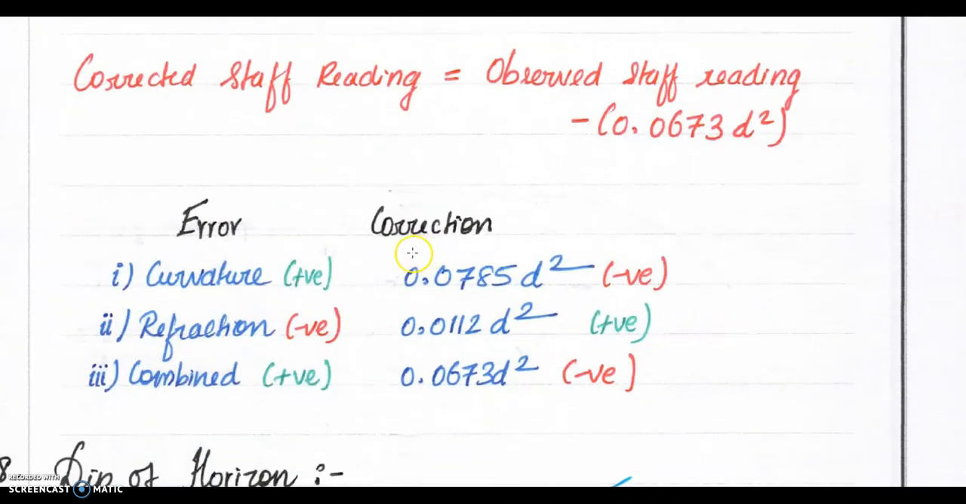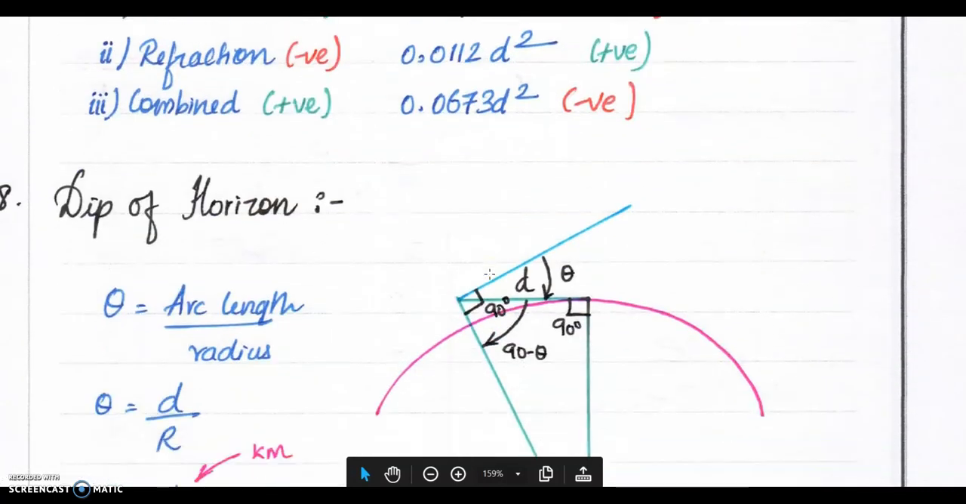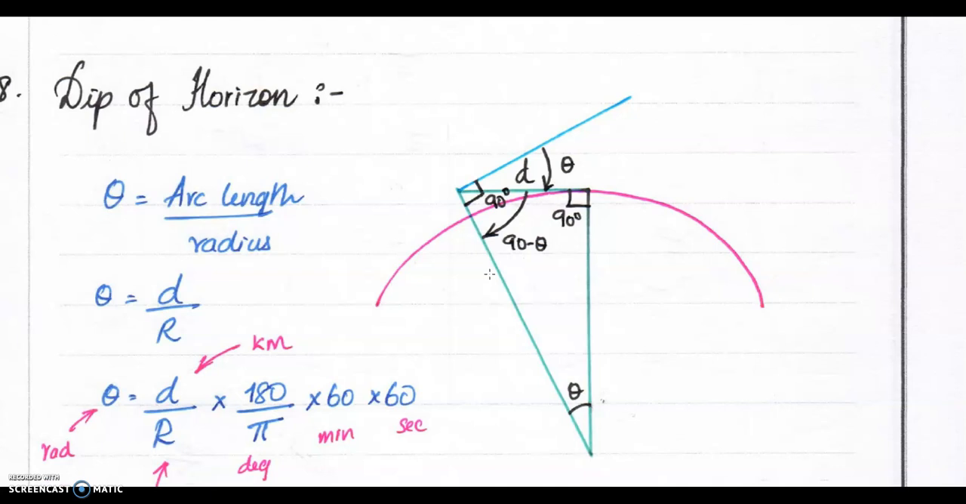From this you can get a clear idea of curvature, refraction, and combined. This is the final formula. You can note this value. And dip of the horizon is also a most important term. So theta equals arc length divided by radius. Here d is the horizontal distance, and R is